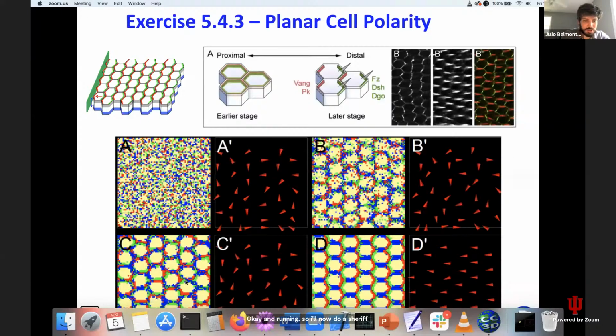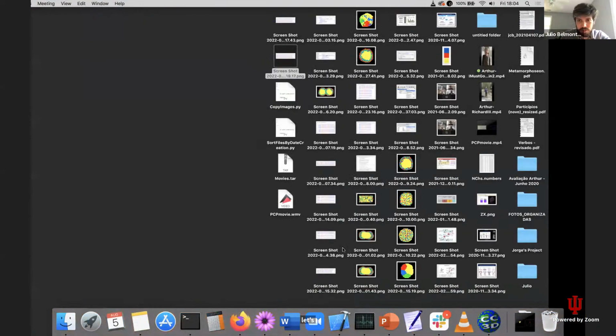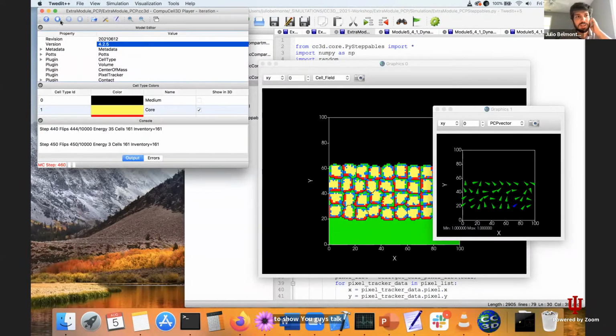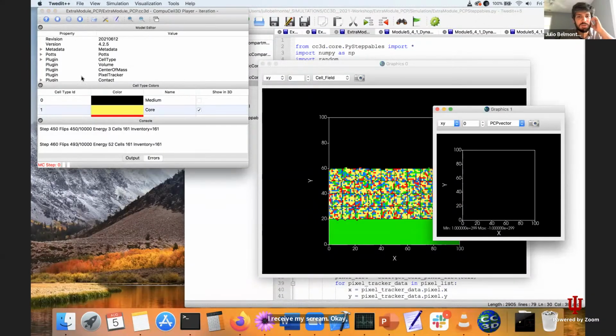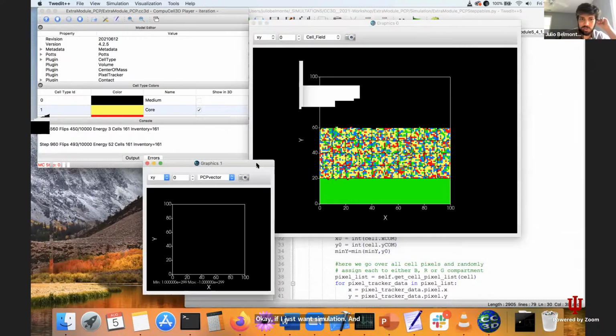So I'll now share my desktop. What I want to see is, wait, where is it? Here, this is what I want to show you guys. So are you seeing my screen? Okay. So let me go directly to the simulation. If I just run the simulation and click on the step function, what you should see is